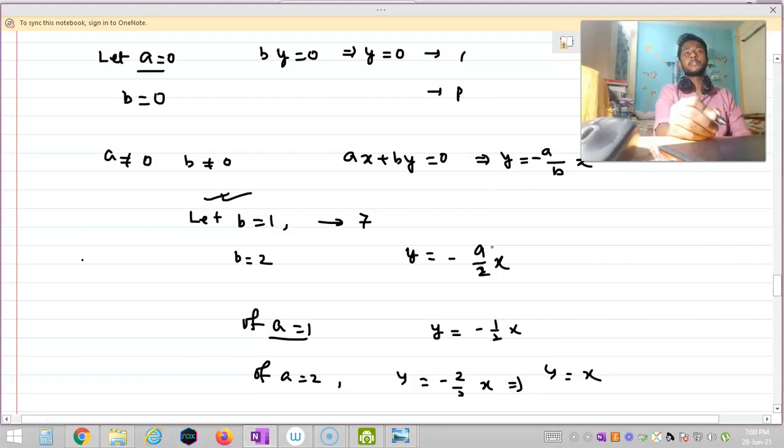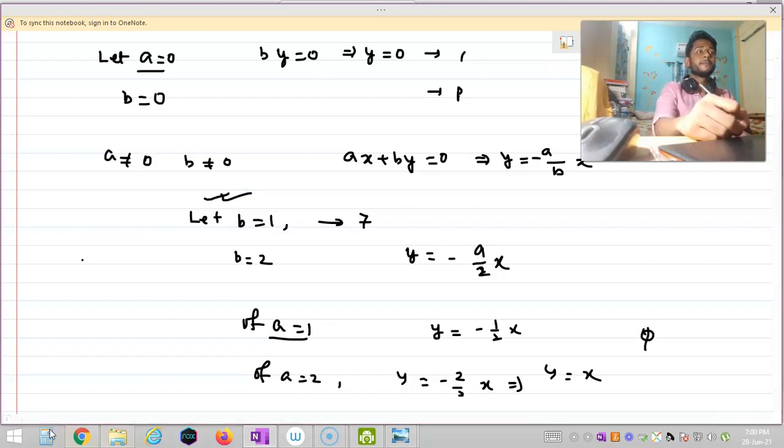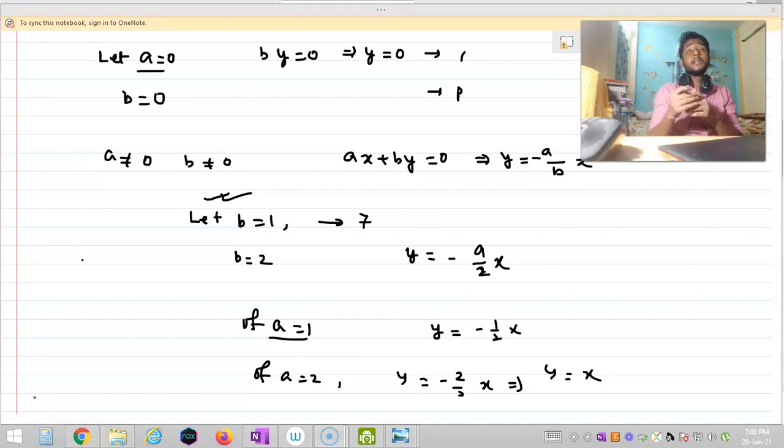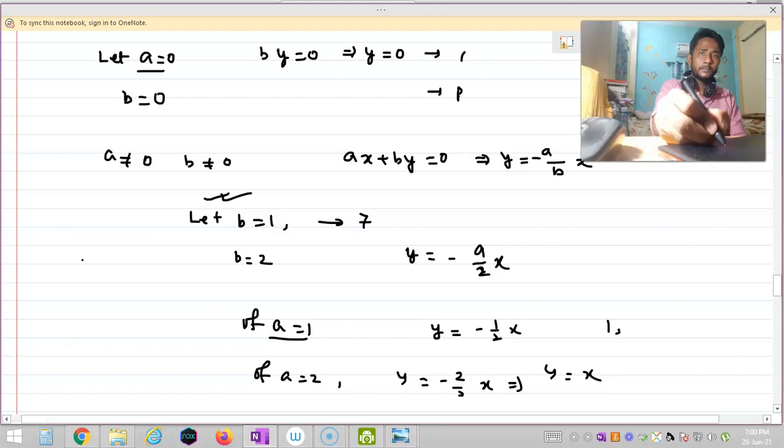So how many possibilities are there? The possibilities are the total numbers which belong to 1 to 7 and are prime to 2. So we have to find the numbers which are co-prime to 2. The numbers are 1, 3, 5, 7. These 4 numbers are co-prime to 2. Hence there are 4 possibilities.